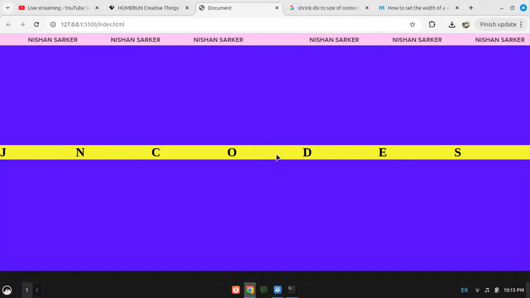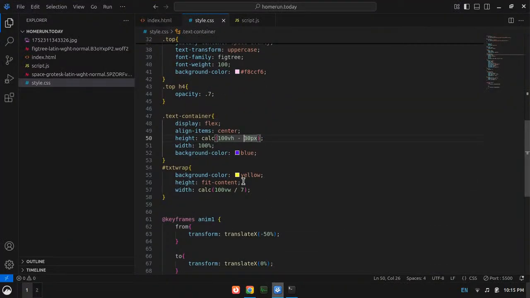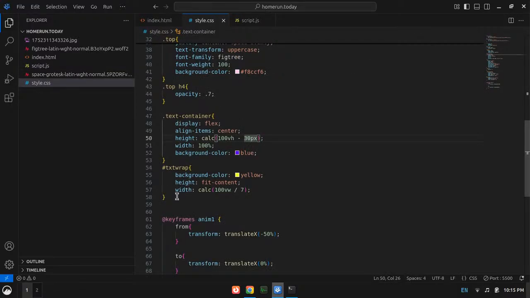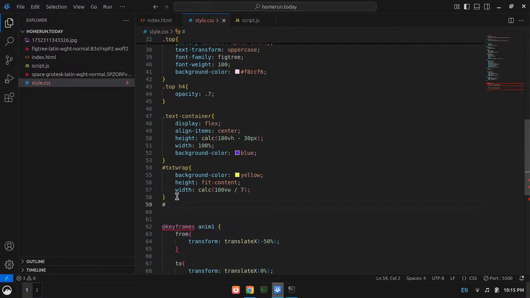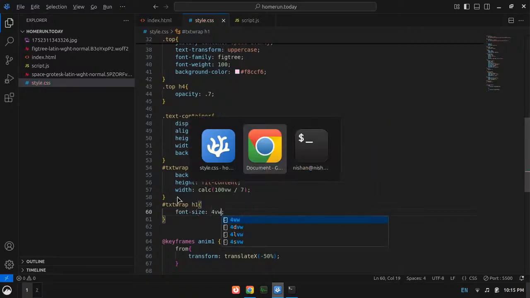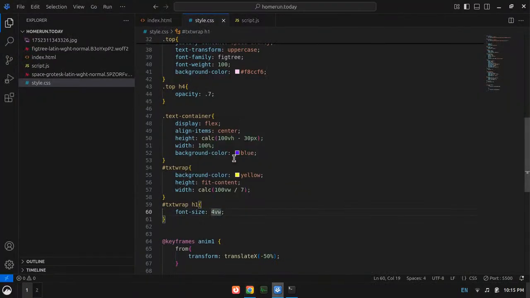Right, here it is, our JN codes, and all we need to do is, inside the txt wrap div, for the h1s we have to just increase the font size to, let's say, 4 VW. That's not much.